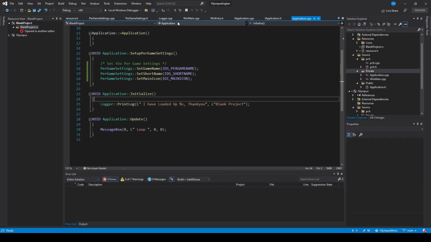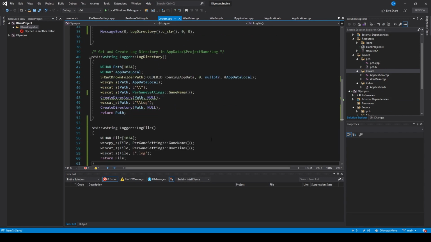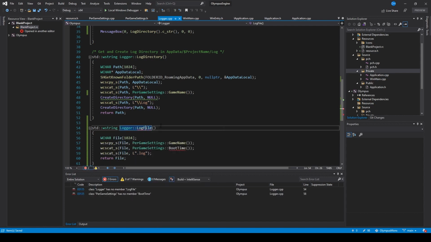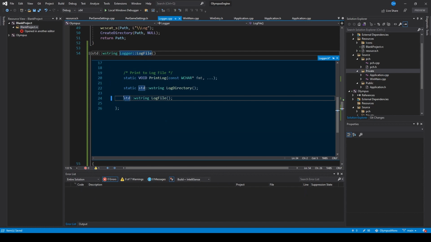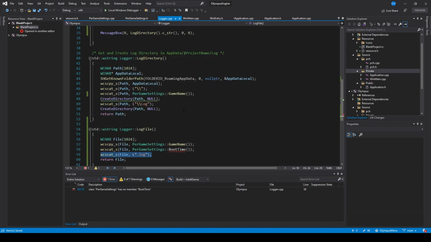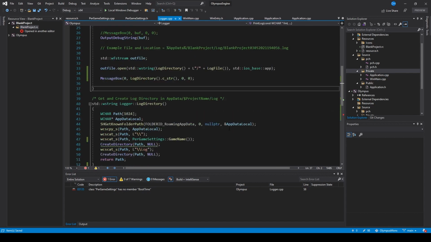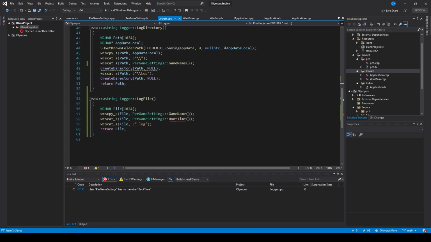If we come back to our logger class, we can have a look at creating our log file function as well, and I've just created this to do this. Let's just create that in here. Again, we want to make this static so it can be accessed in any direction. This is a simple file. It just creates us a file name, it puts the name of the game in, it puts the boot time, and then it puts the extension on there of .log, and then it returns this file. That's great, and that's actually going to complete the last of the things that we need to make this function work correctly. The only thing that we haven't got in here is our boot time,